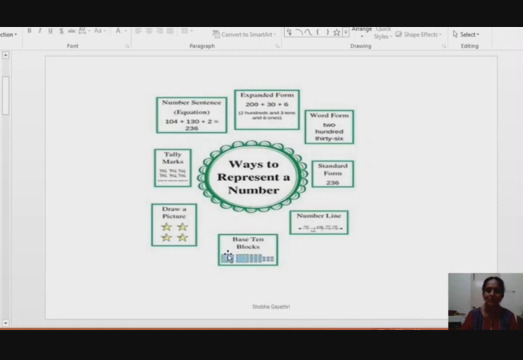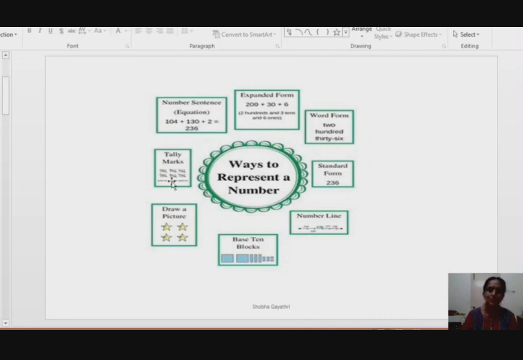These are blocks. This is one block of 100, and another 100, 200. Here it is one strip of 10, 20, 30. 30 is represented by 3 strips. Here 6 units. There are 6 small units here. So 236 is shown in this way. You can represent